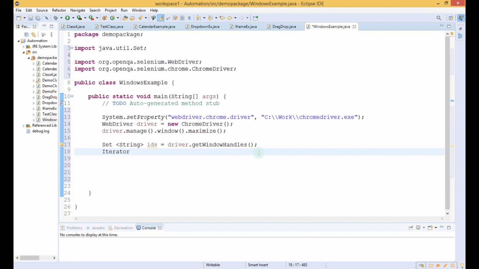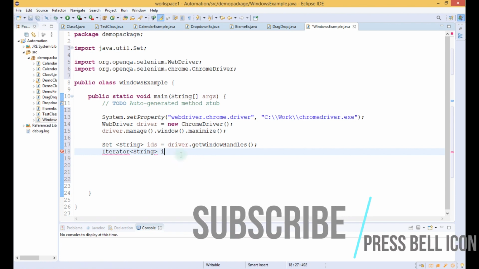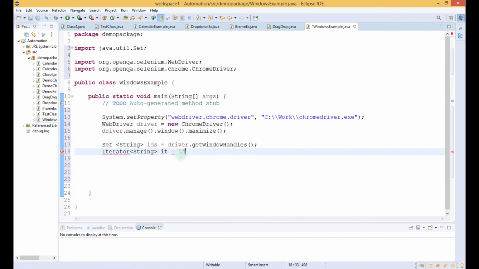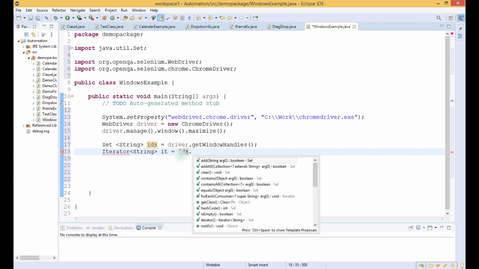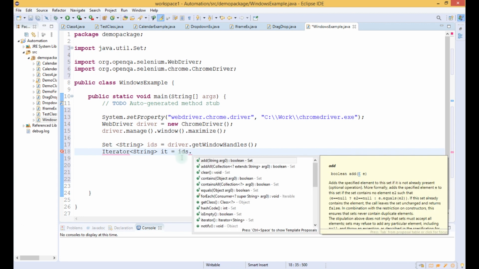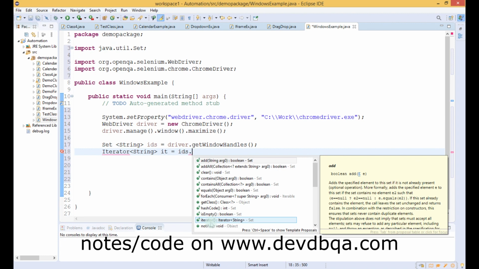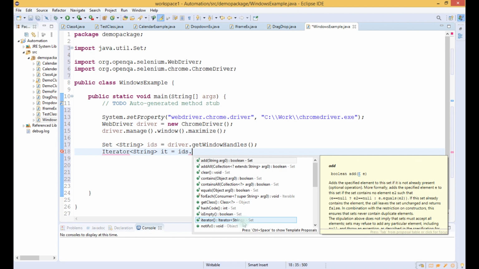For writing the iterator code, we have to write Iterator<String>, same as we have written in the above line, and let us give the name as it equals ids dot. As we write dot, all the functions related to this object are displayed, and one function is iterator. As you can see, the return type is Iterator<String>.